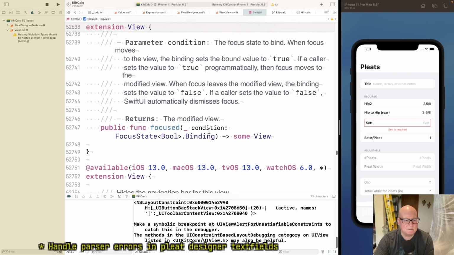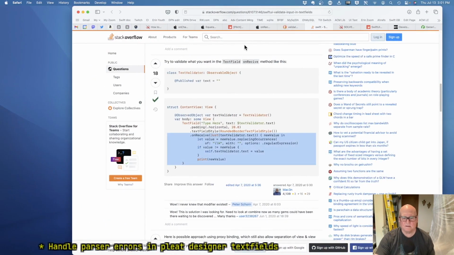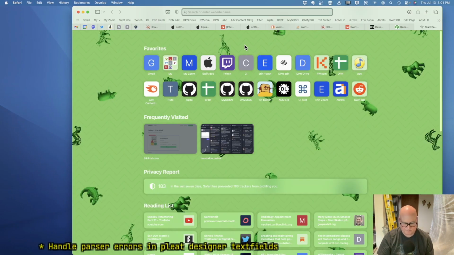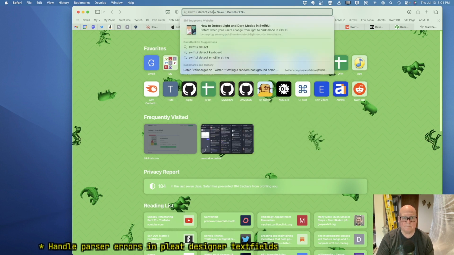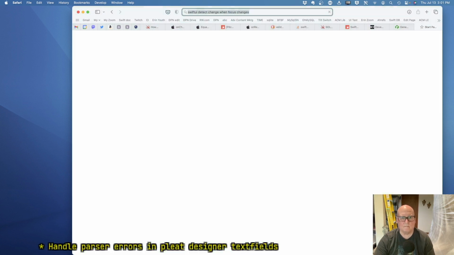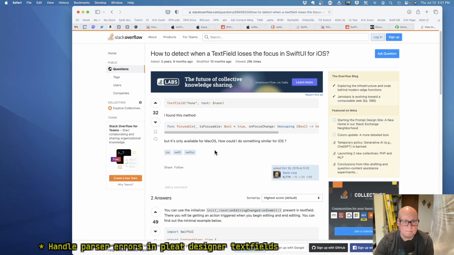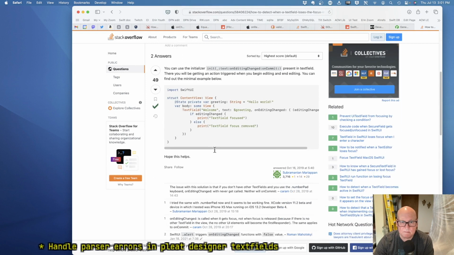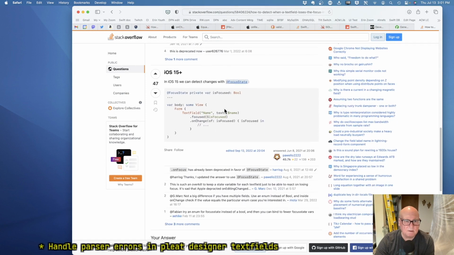Focus condition, state boolean. Yeah, I know we saw something on this. This may be the old way. Yep. Here we go. onFocused. onChange of isFocused. Okay.